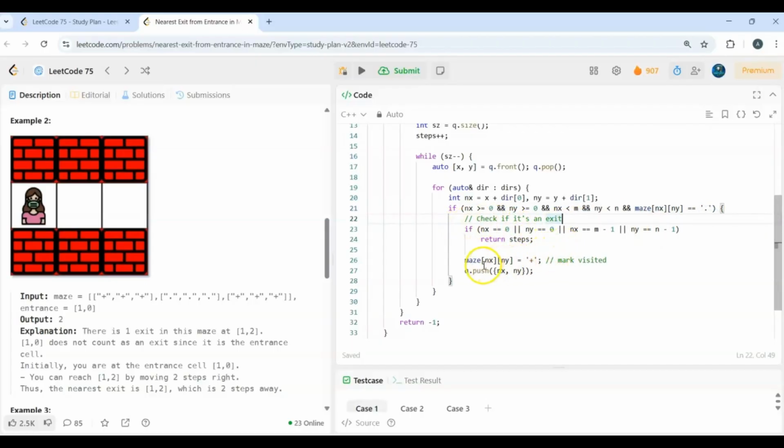So before pushing or marking it as visited, we'll first check whether the given neighbor cell is an exit or not with the help of this if condition, that is if it is either in the first row or first column or last row or last column, which is nx is 0 or nx is m minus 1, or ny is 0 or ny is n minus 1. So if it is an exit, we'll return steps and stop our loop, and if it is not, we'll mark it as visited by assigning it the plus character,